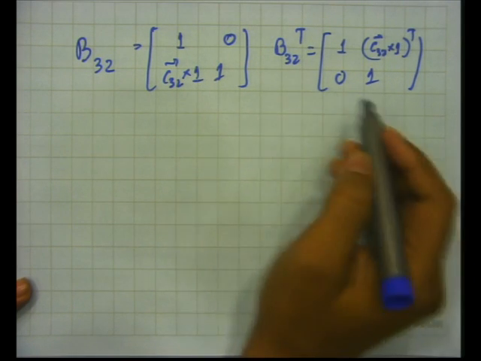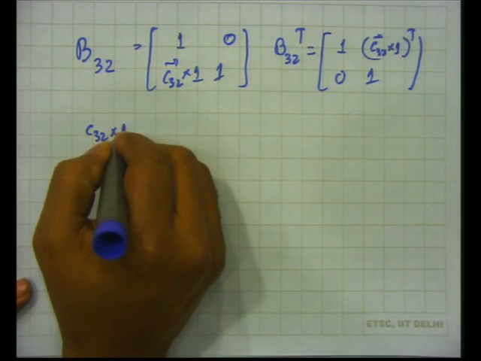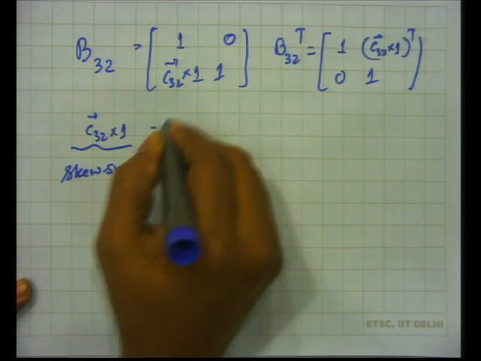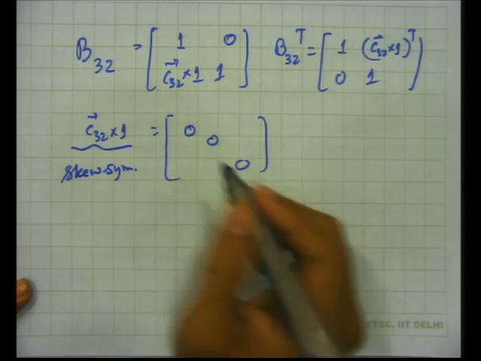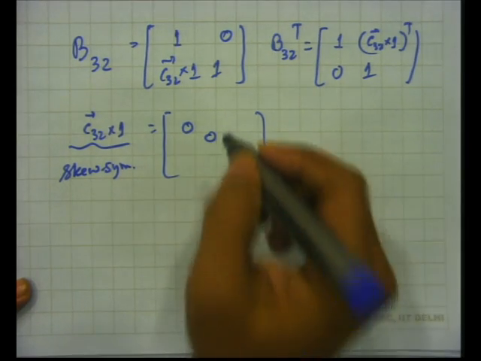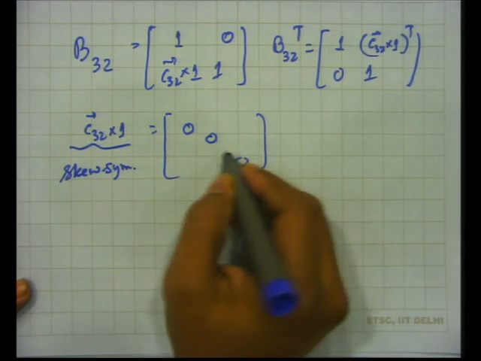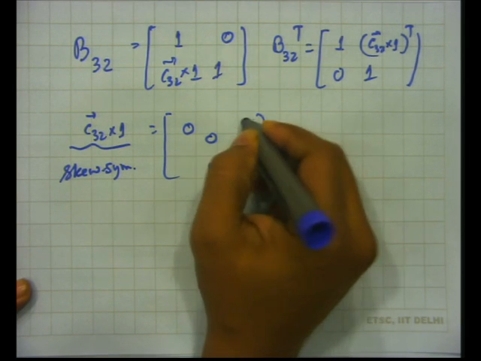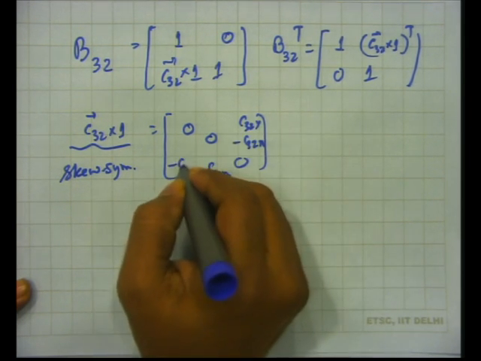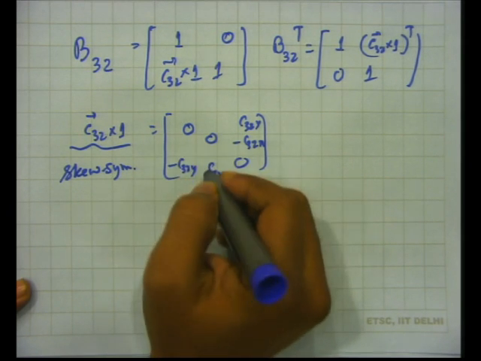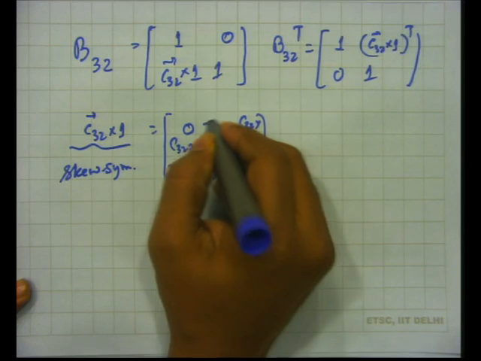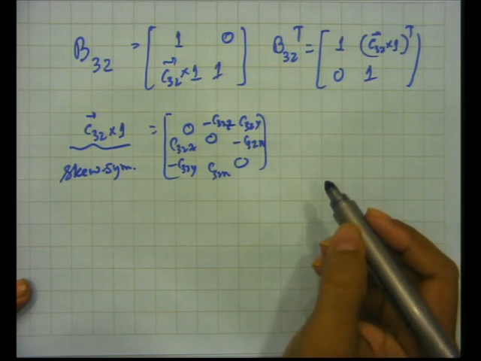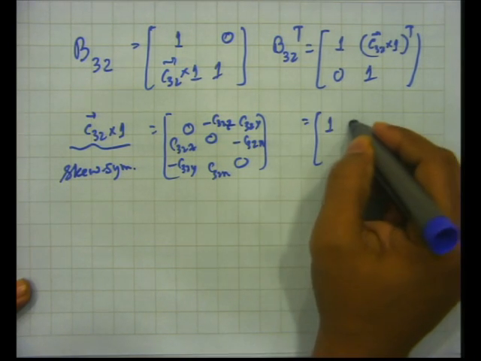Now, if I have not mentioned earlier, C32 cross is actually a skew symmetric matrix, and this will have terms 0 0 0, and then you know the meaning of skew symmetric. Suppose this will be C32x, minus C32x, C32y, minus C32y, C32z, minus C32z, like this. So, transpose of a skew symmetric matrix is what? The minus,